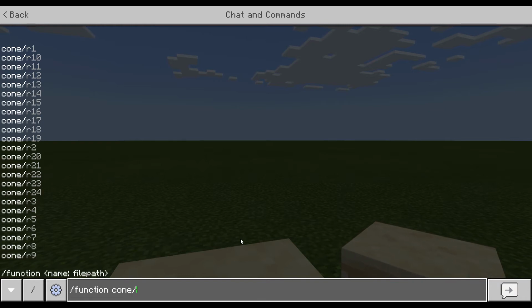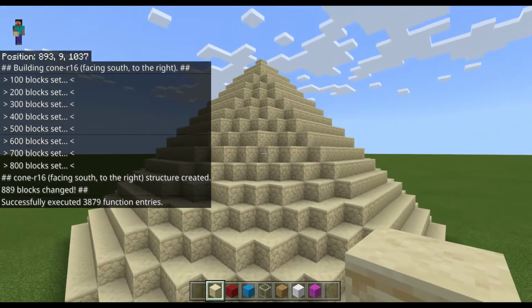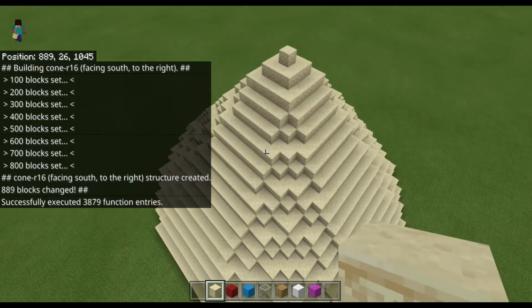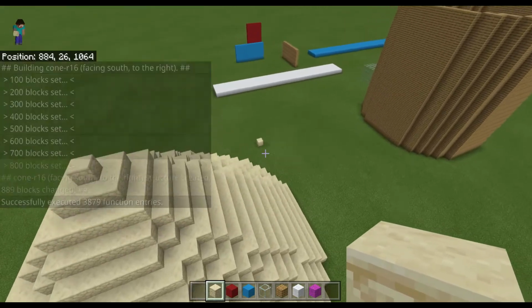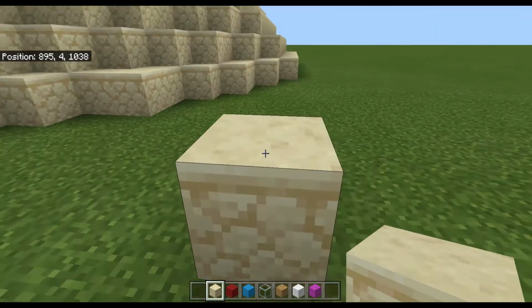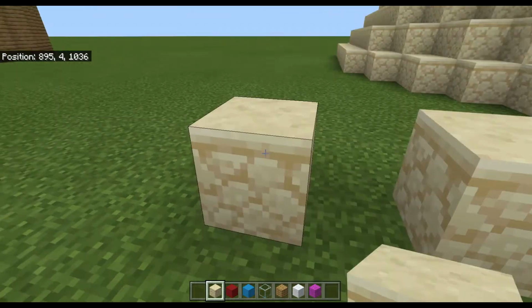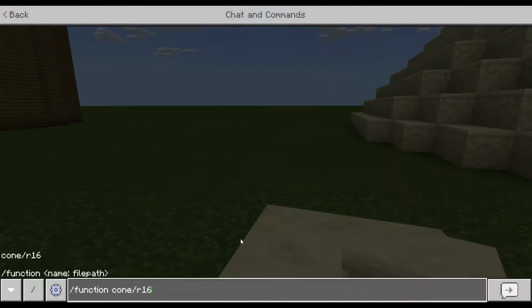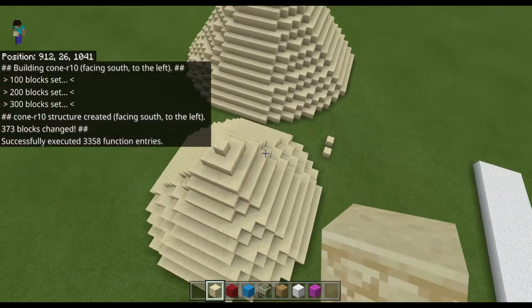So let's say we'll say 16, radius of 16, and you see there that it's made a cone with a radius of 16, and where that is, you can see that it lines up with the edges of that. If I did it this way, so put it here, I'll face to the left. I won't do 16, I'll do 10, just so it doesn't collide with the cylinder there. You can see that I've got a